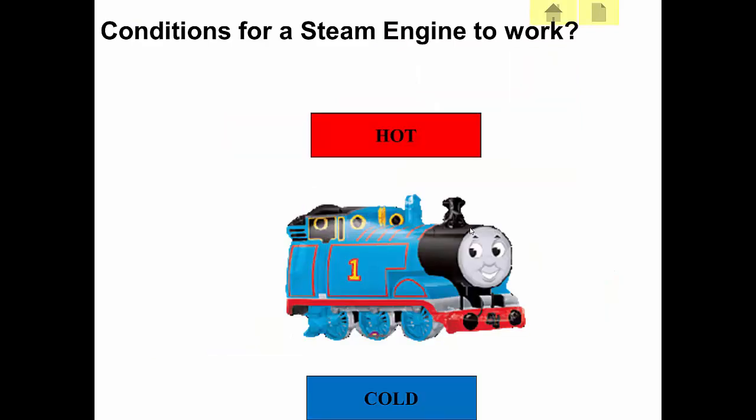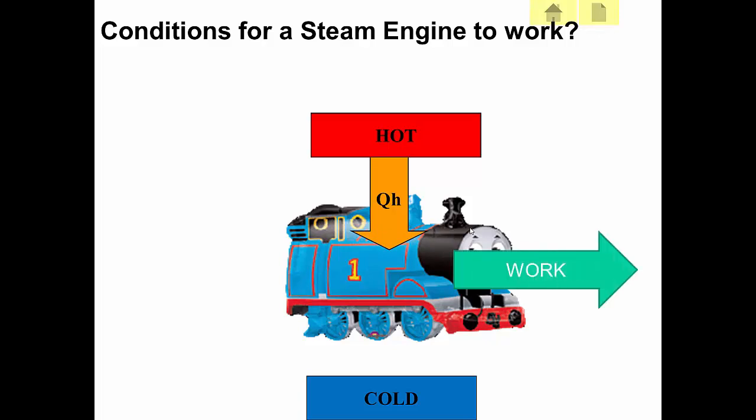Let's take the conditions for a steam engine. You've got a hot reservoir and a cold reservoir. The hot reservoir is the boiler, and the coal is burning to fuel the boiler. So this energy goes into the engine and that causes it to go forward. However, for this to continue, we have to eject some of the thermal energy. So that goes to the cold reservoir. So on a cold day,